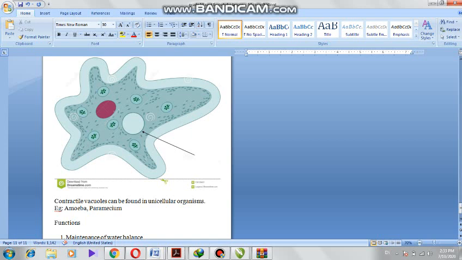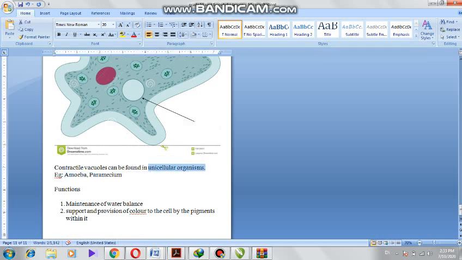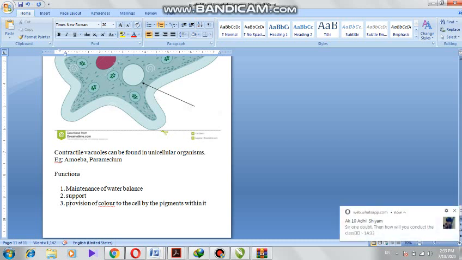Here the amoeba diagram, here you have to label it as contractile vacuole. Contractile vacuole is found in amoeba, paramecium like unicellular organisms. The overall function of it is water balance, supporting. Okay, supporting is one function. Third function, we can say provision of color to cells. Okay, right. So those are the